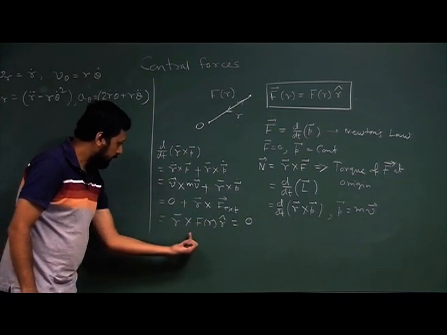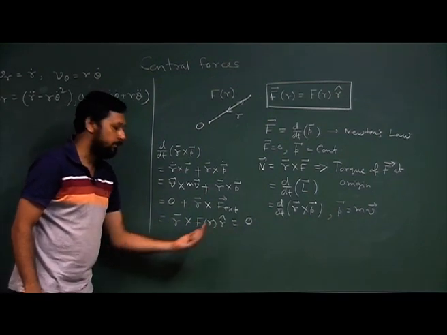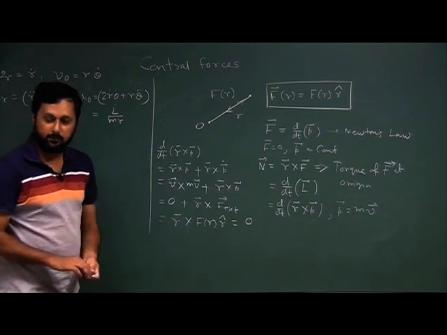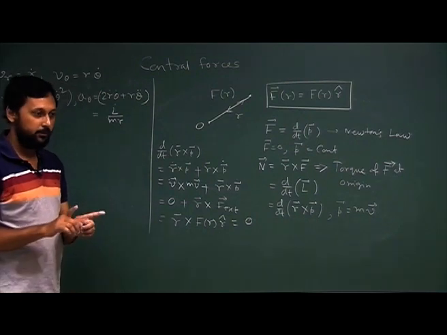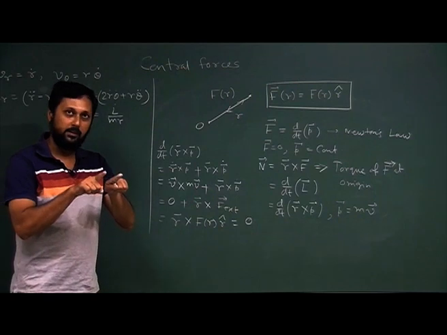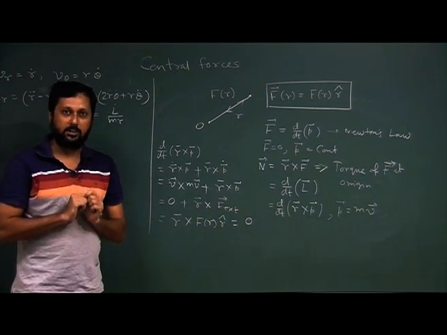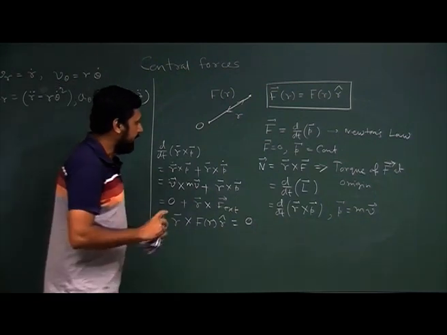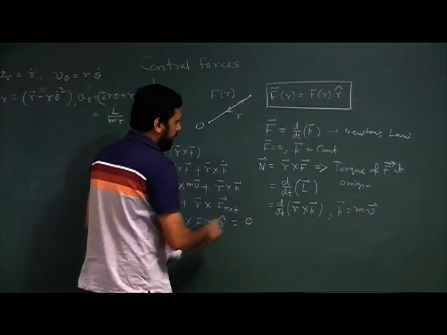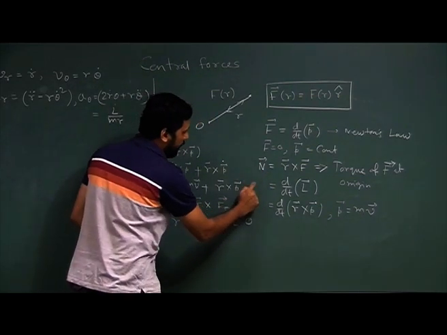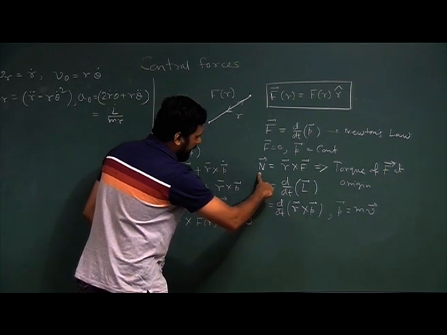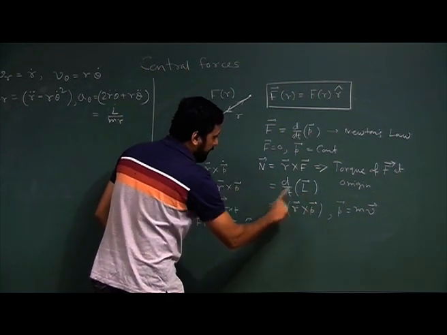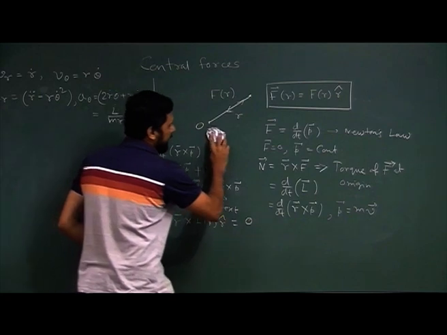So, r cross r cap will always give you 0, right. That is from basic vector calculus. So, the cross product of two vectors pointing in the same direction will always vanish. So, if that is the case, we immediately see that for a central force field d dt of L is always equal to 0, which essentially means